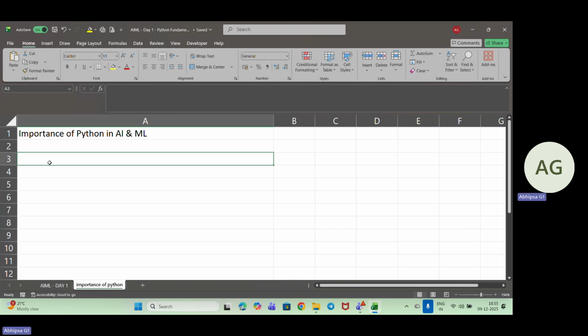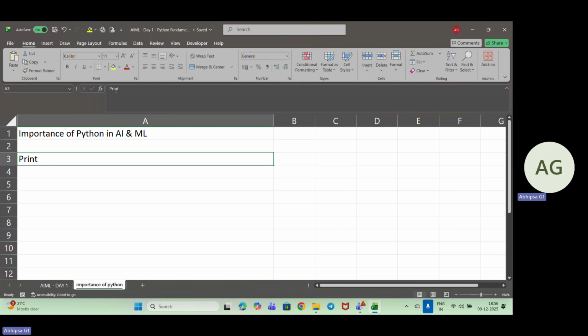Okay, so the very first thing we need to cover is that Python is super simple. Python looks almost similar to the English language. If I need to write anything, we can do it effortlessly. If I need to print a word, this is the code that we actually write in Python.